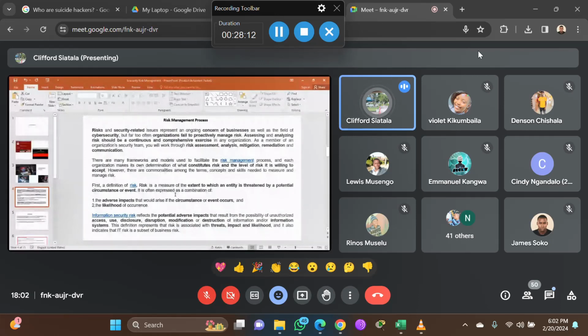So for us to be protected in this network, we might need a firewall here, an intrusion prevention system here. Then remediation: if you have found even viruses already on the network, what is the remediation? Then if you have now made up a 360 degrees collection of what it is, you can now communicate to management.